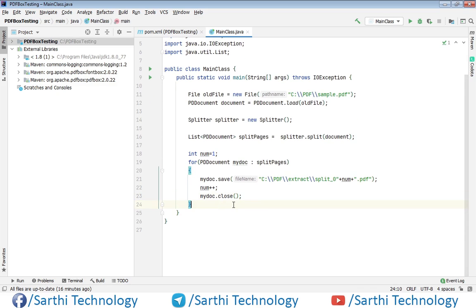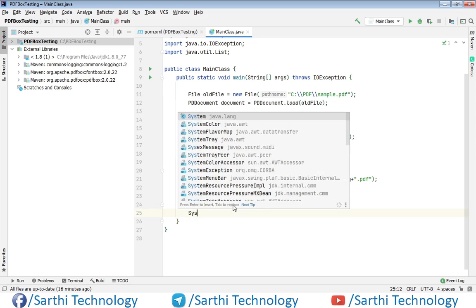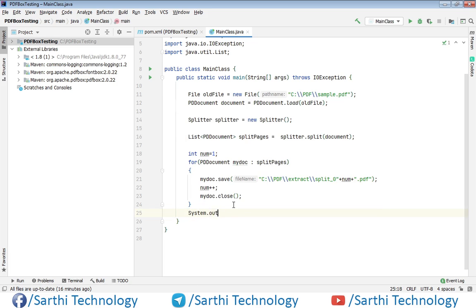When this operation is done, we need to put a message. So System.out.println split done. Let's try to run this.